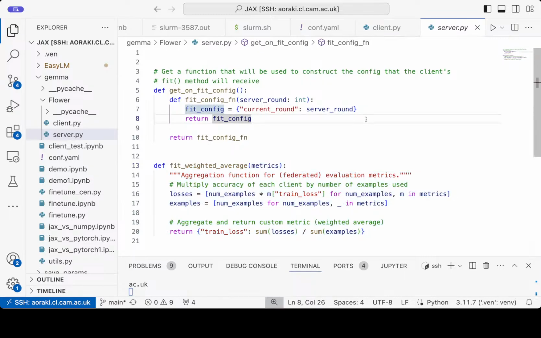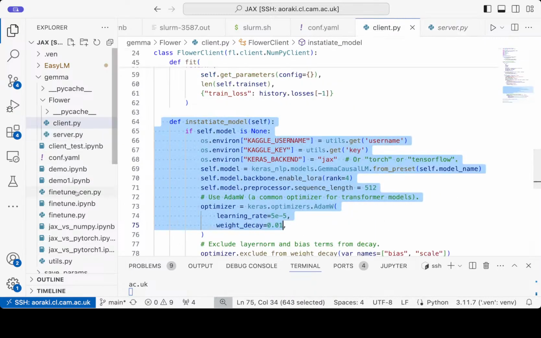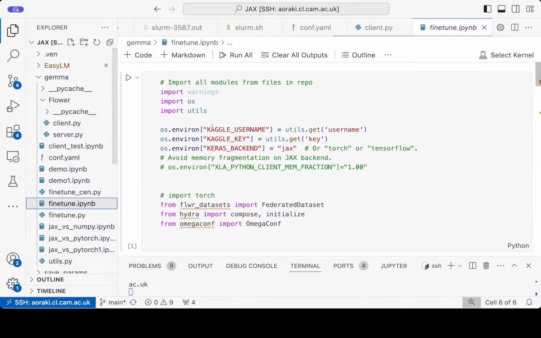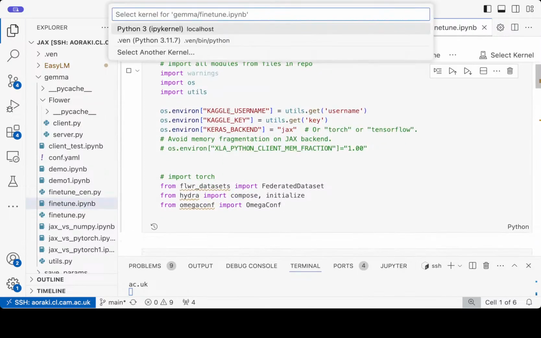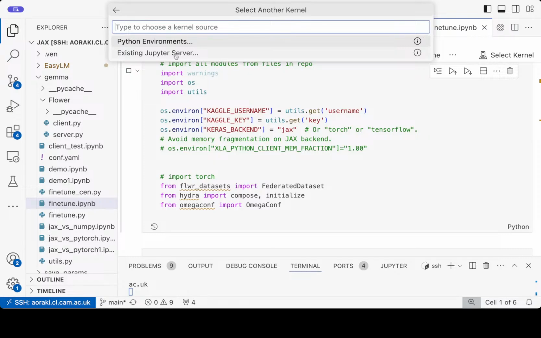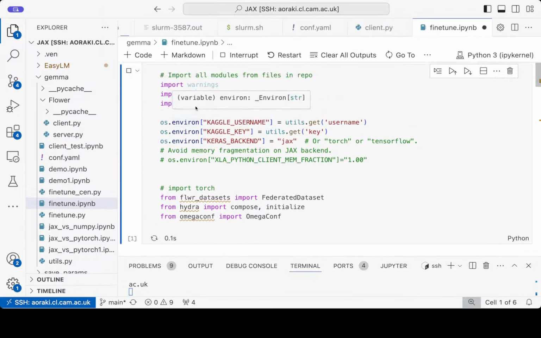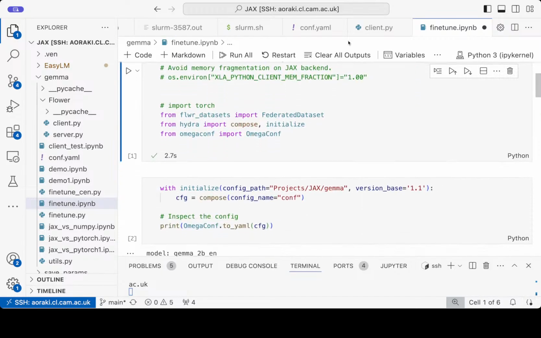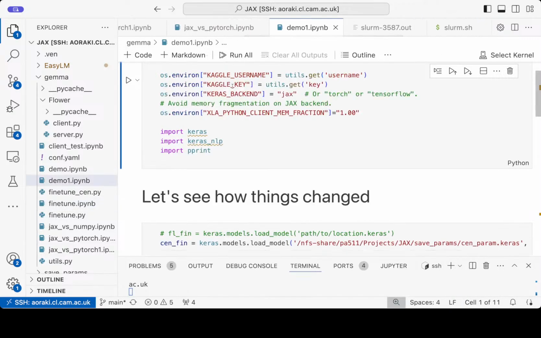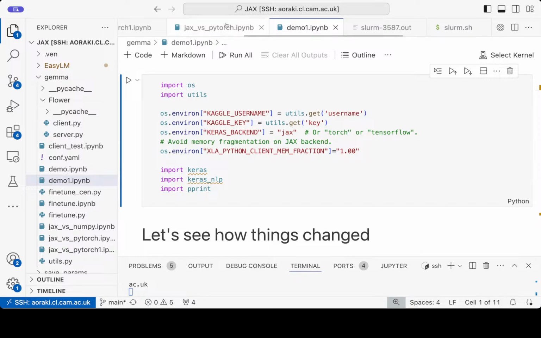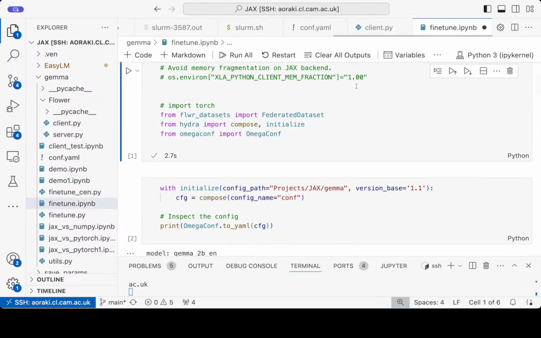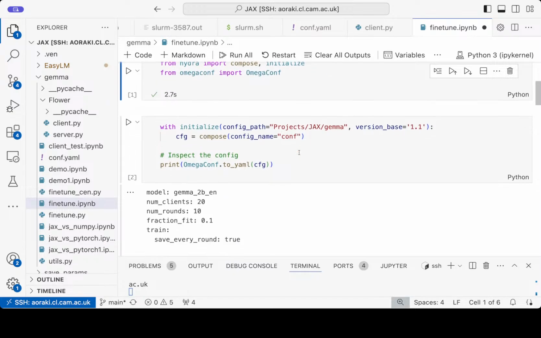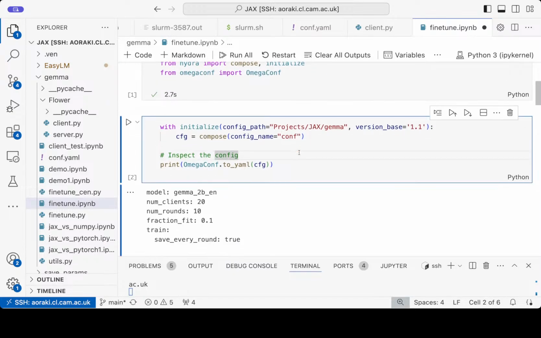So yeah, we have a server, we have a client, and now we can go and see how this works. We first import, I need to select the kernel. Sorry for this. So first we need to run our libraries. I just realized something, by the way, while I was talking. There is a small chance that I will run out of memory because I've already loaded this model once. So if it gives you some error, that's probably a memory error.